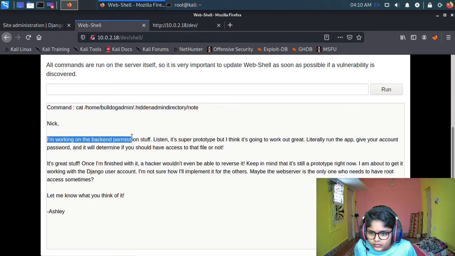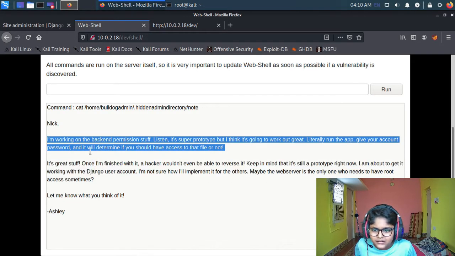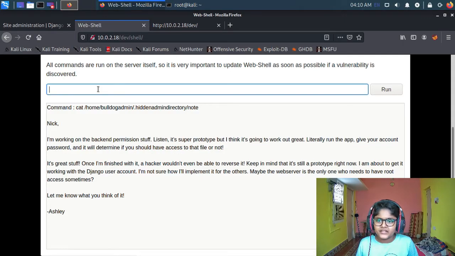Nick, I'm working on backend permission stuff. Listen, it's super prototype. Okay, there's nothing. Is there any password? Okay, let us try with that. What is that? I don't know.